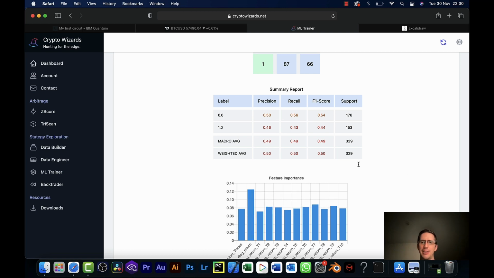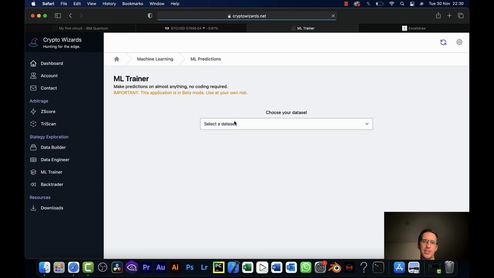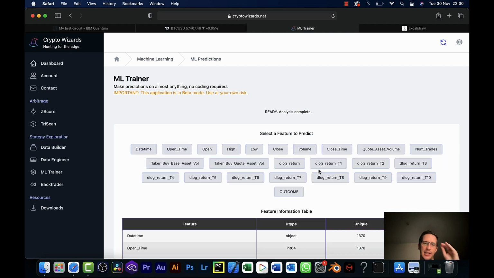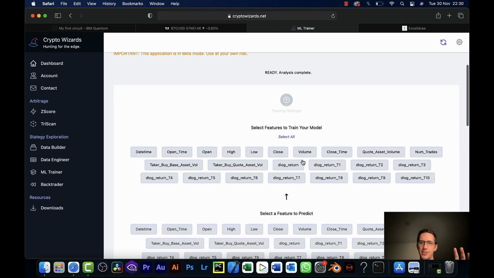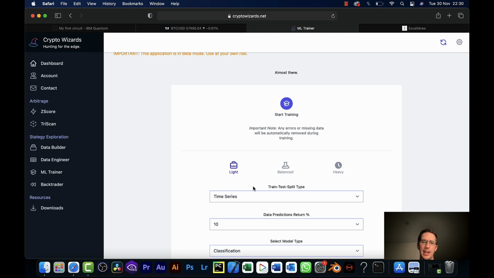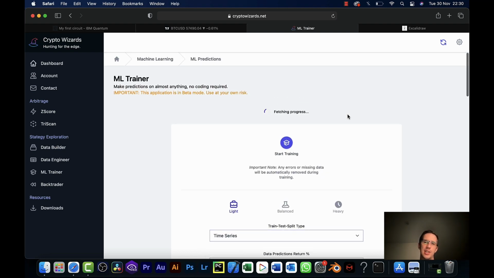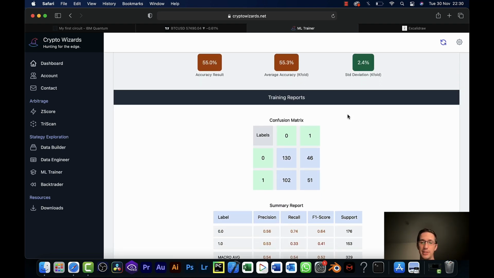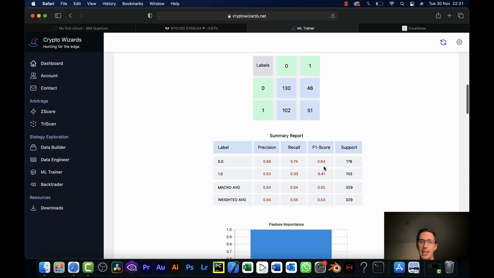In fact, if I was to run this whole thing again from scratch, I'm going to do that. Let's just run CVP and let's only use that daily log return. Let's use nothing else. And let's run it again. Let's reserve 20% of the data and see what that comes out like. I'd be interested. It actually performs much better to a degree. It does much better on predicting the zeros, so the down days, and not as good at predicting the up days, basically.